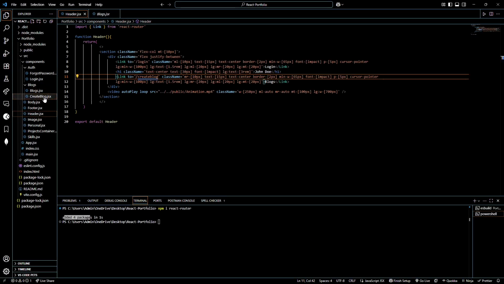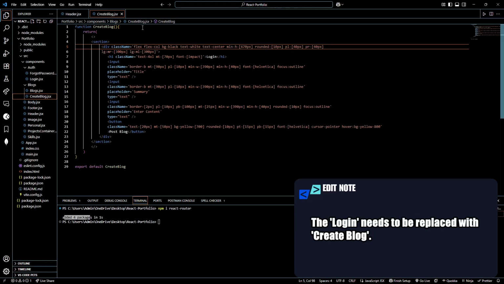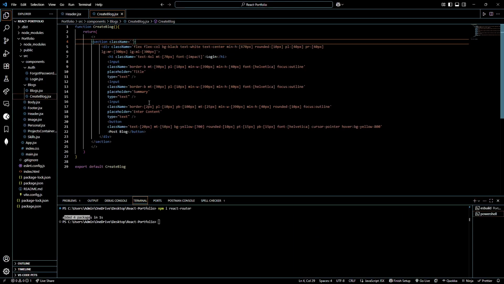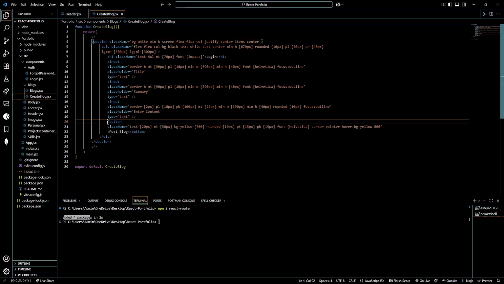Now go back to your create blog component and style our section like this. Add a class name, background white, min height screen, flex, column, justify center, and then items center. And come to the bottom where we have our buttons, and you'll see that we've got